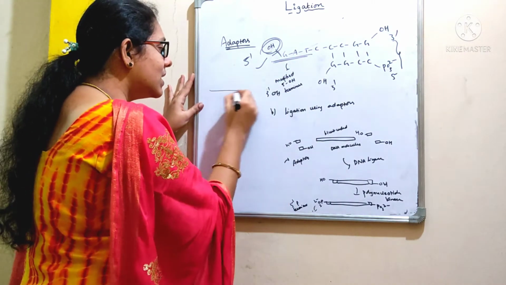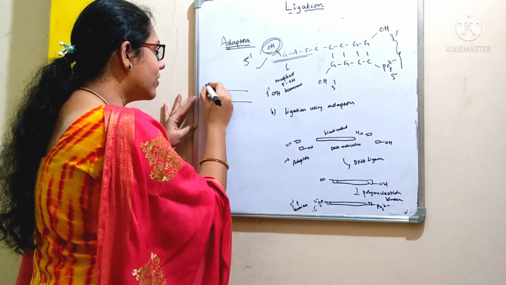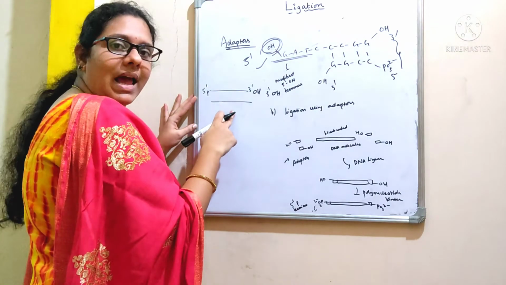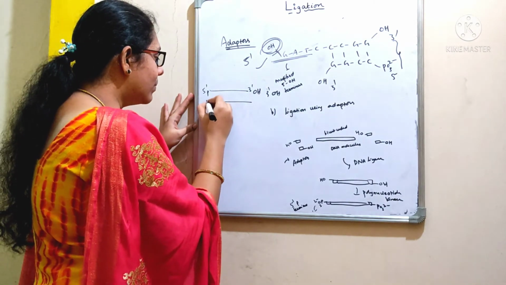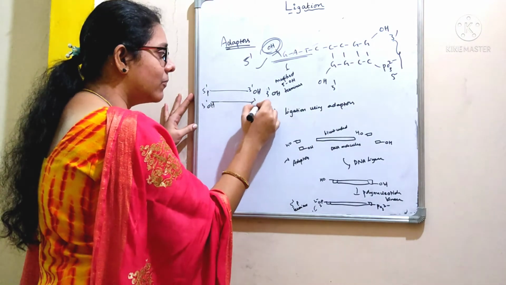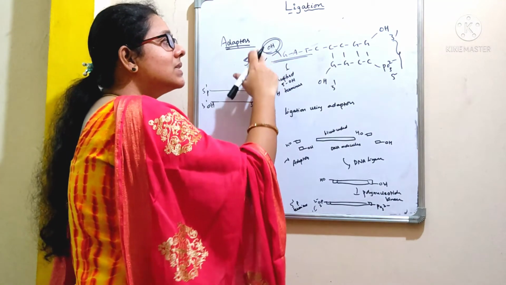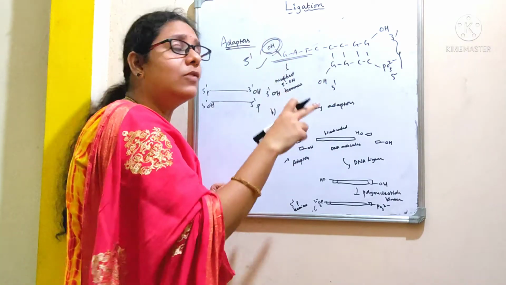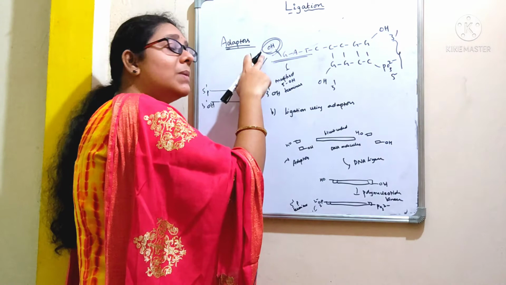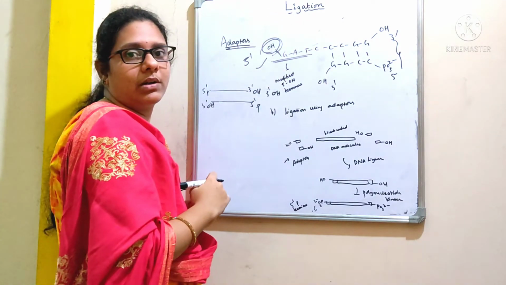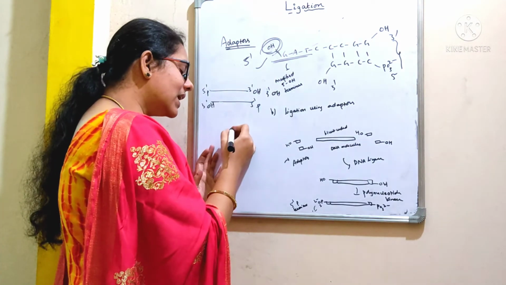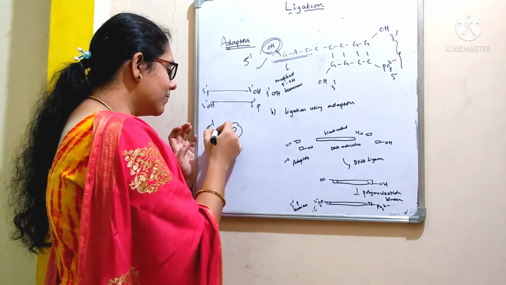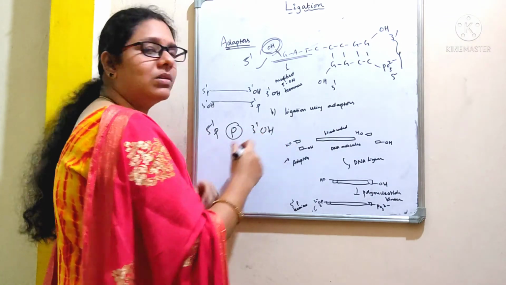As we all know, DNA is double stranded, and it will have a 5' phosphate group and 3' hydroxyl group, right? And both these strands are anti-parallel, right? So here there will be a 3' hydroxyl group and 5' phosphate group, right? Due to the presence of hydroxyl group instead of phosphate group, DNA ligase cannot form a phosphodiester bond between 5' hydroxyl group and 3' hydroxyl group. See, DNA ligase will always form a phosphodiester bond between 5' phosphate group and 3' hydroxyl group, right?